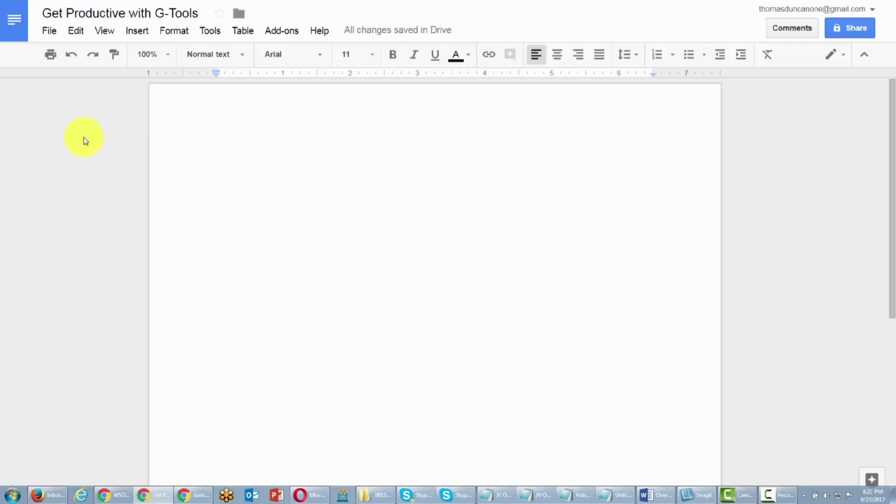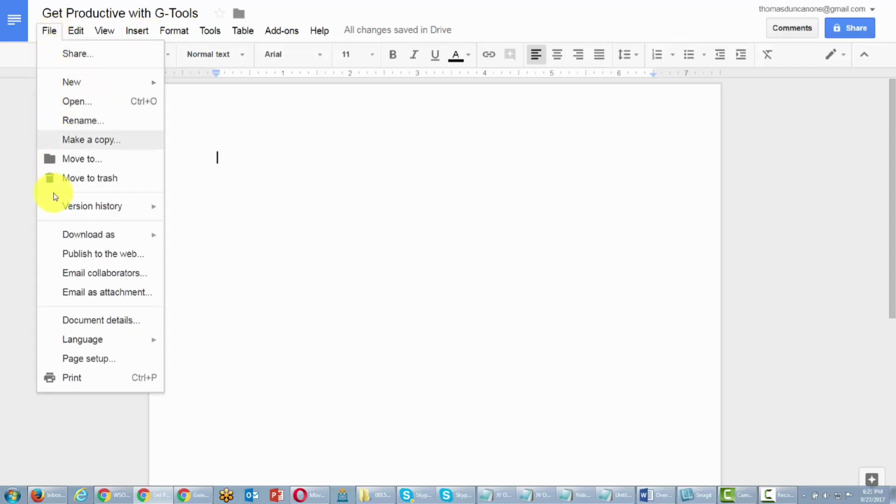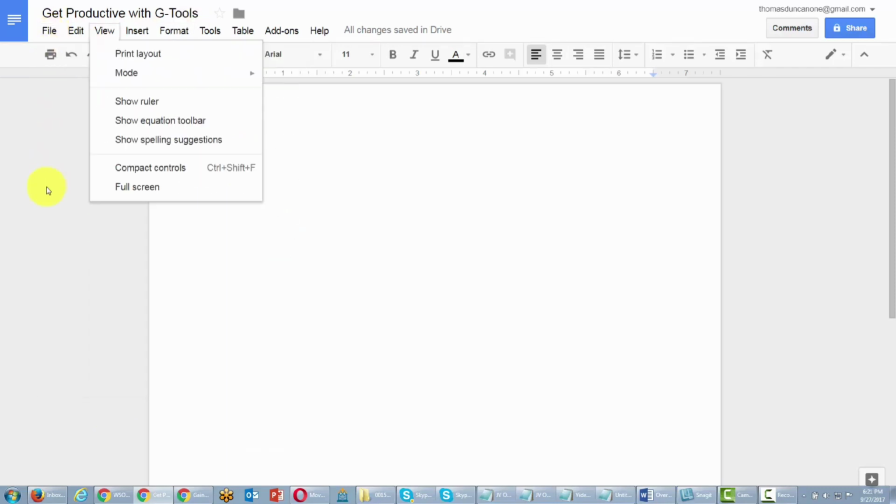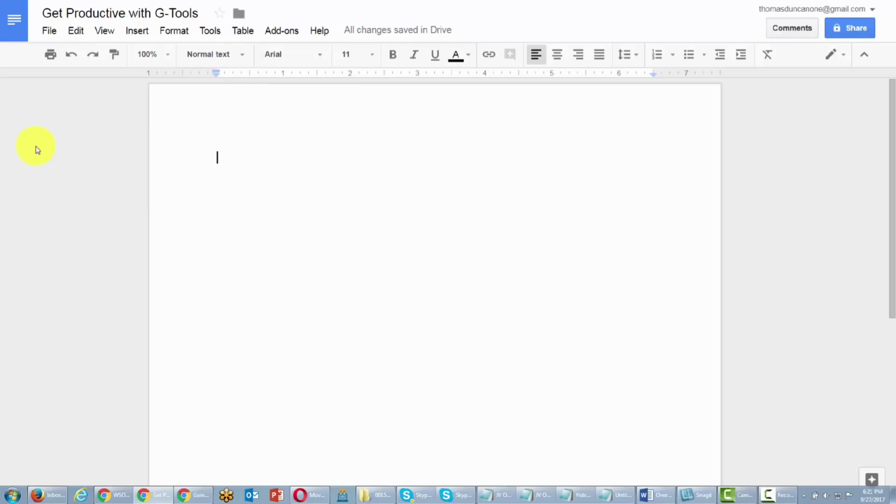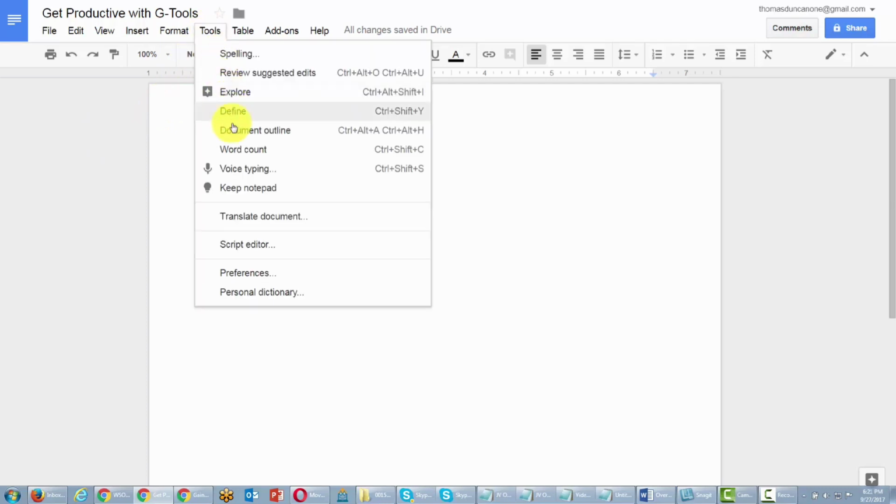One of the things that you'll note about Google Docs is that there is no saving. For the most part, Google Docs will auto save every 30 seconds. So now what we're going to do is start the voice typing application. In order to do that, we're going to go to the Tools menu, and then we're going to click Voice